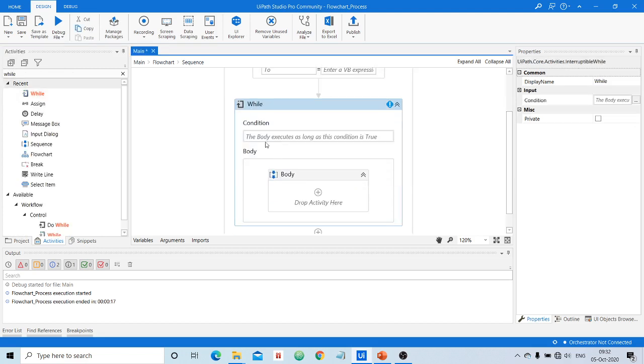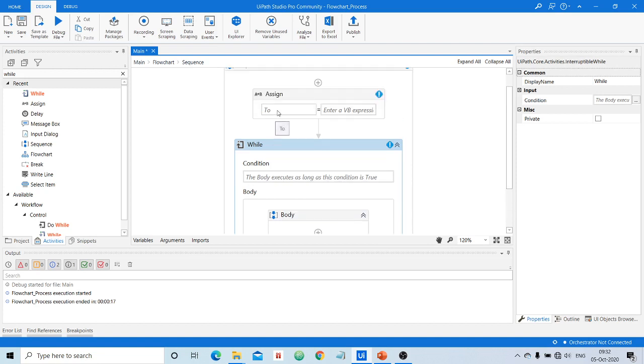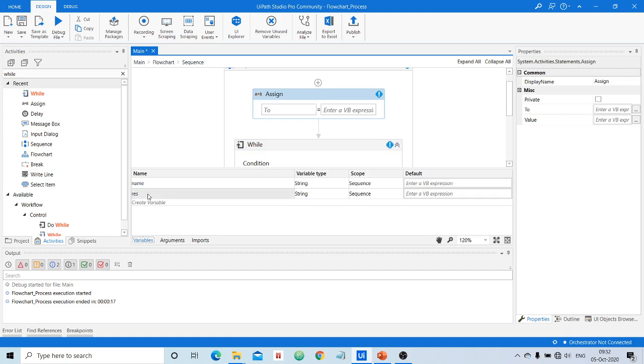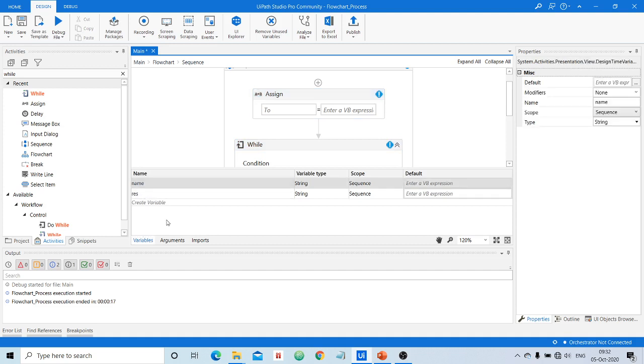Can you see the while activity has two parts? One is the condition, which has to be specified over here, and the body of the loop, right? Usually you have to specify the initialization outside the while loop, so for that I have taken the assign activity. I don't need these two variables, so right click, delete, right click, delete.